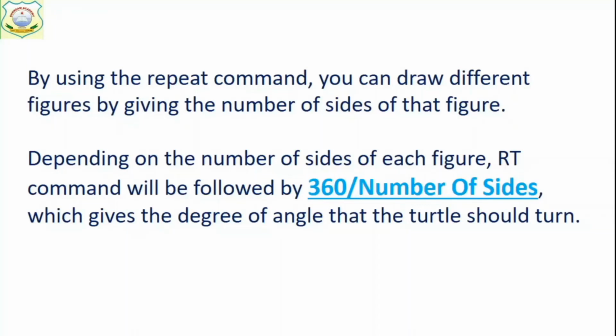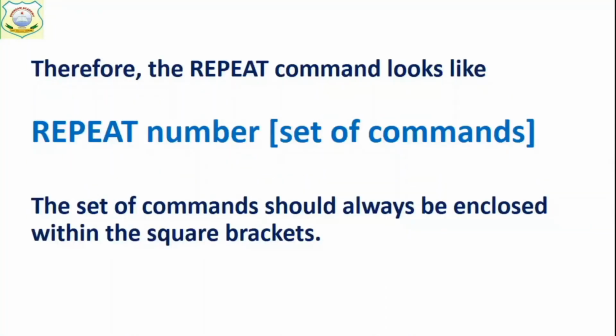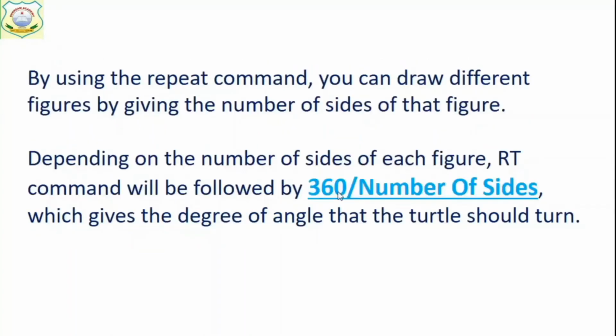Now in square we know RT 90. अब we have more figures. How can we know कि कितने डिग्री पे हम टर्न कराएंगे? तो for that we have this formula. Means कितने डिग्री पे RT command टर्न करेगा? तो for that we have this formula: 360 divided by the number of sides. Okay, always remember this. I will show you the example. Square को देख लो. A square has 4 sides, तो 360 divided by 4 means 90. So here we are writing RT 90. Okay, this is RT 90.